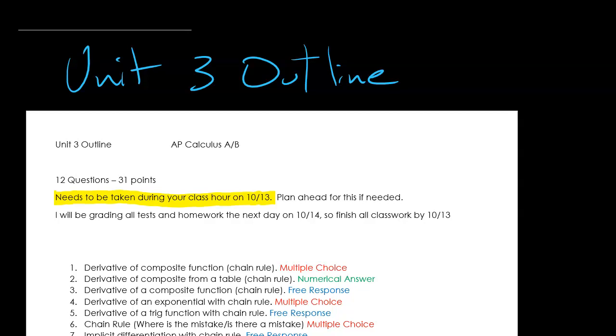Normally, I really don't care when you take the test. It really doesn't matter to me. But they have a ridiculous deadline for us to turn in grades for this Hexmester setup. And to be honest, I think that's partly why they added that work day for teachers on that Monday, because it's really difficult to get things, like calc things, graded sometimes. I think it'll go okay for this one, but regardless, you're going to need to take it during your class hour on the 13th, on that Tuesday.